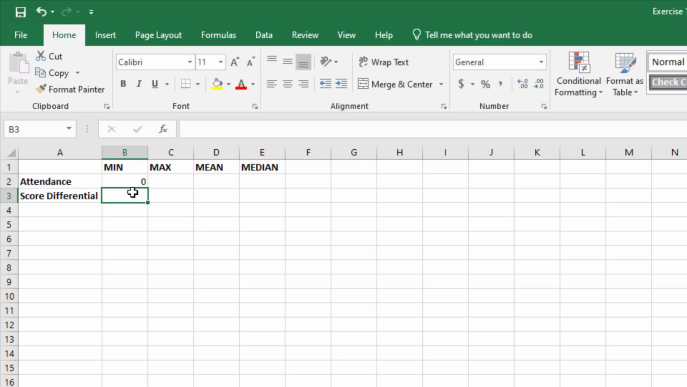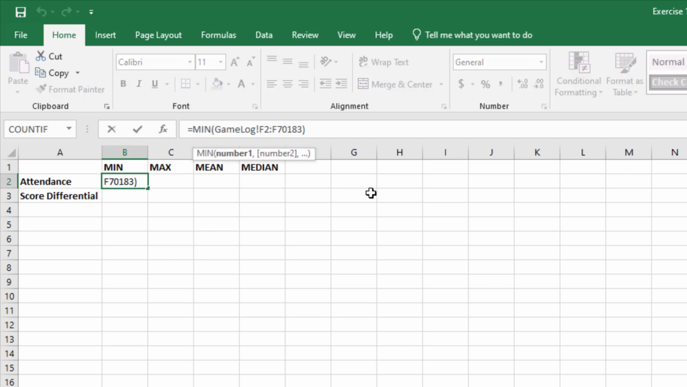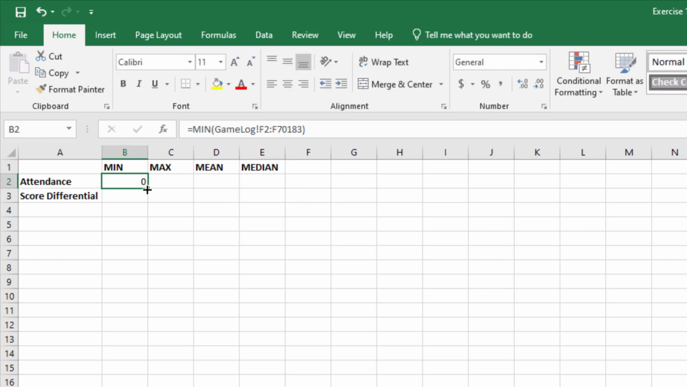So what we can do is, rather than having to repeat the same process for the max value, the mean value, and the median value, I'm going to put dollar signs. Dollar signs mean the absolute values or absolute reference points. Let me show you. If I don't do that, I'm going to hit escape. Now if I simply drag this over to copy that formula over,